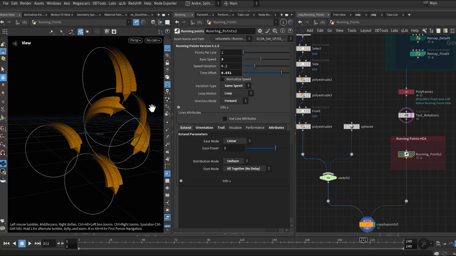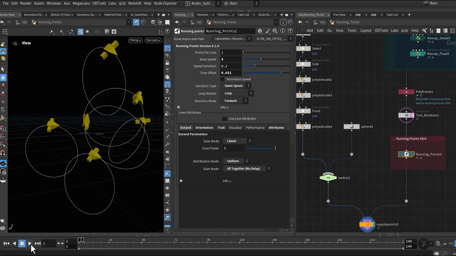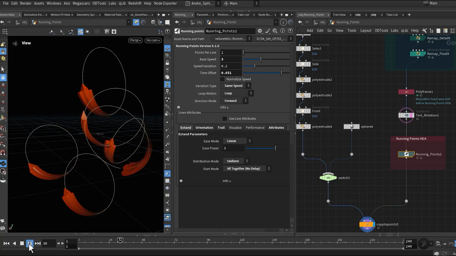we had one point moving along the circle, and we turn on the loop motion. With loop turned on, once the point finishes the circle, it immediately starts over again, giving us continuous motion.